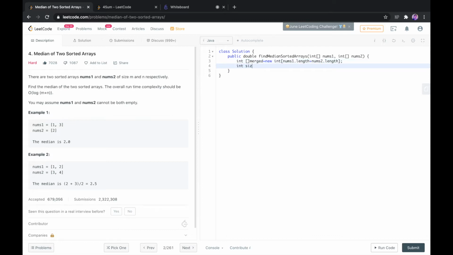We will take a variable called size and store the length of merged in it. This will make it easier for us while running the for loop, so that we do not have to write merged.length entirely. We will just use the variable name size for that.